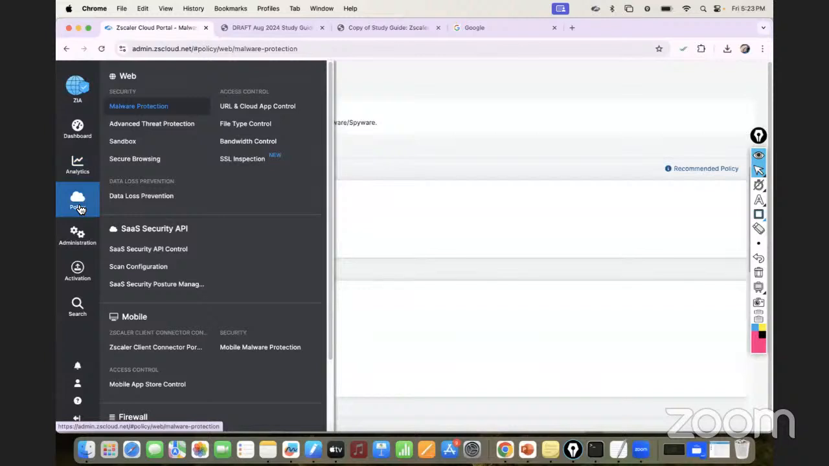If I click the policy, the first section is the web policy. And in this web section, we have malware protection, advanced threat protection, sandbox, secure browsing, DLP, data loss prevention, URL and cloud filtering, meaning cloud control, file type control, bandwidth control, SSL inspection. These are the most powerful things, guys. It's available in Zscaler. And if you want to do all these things like web insights,